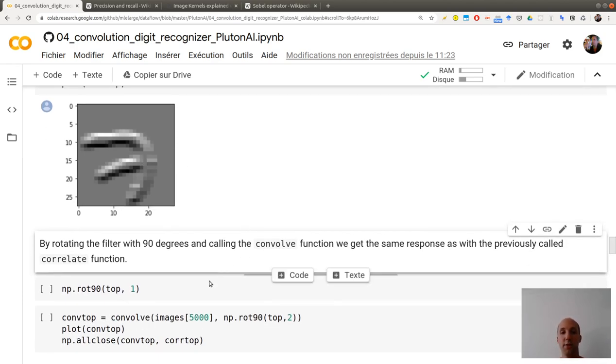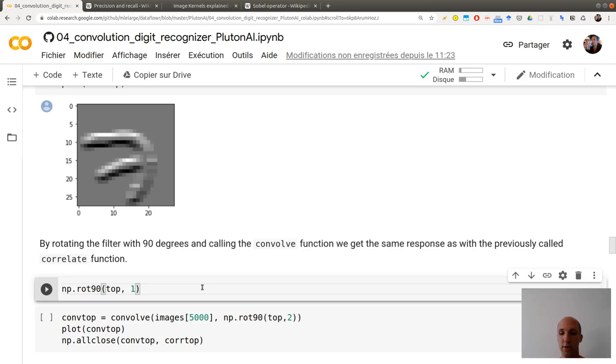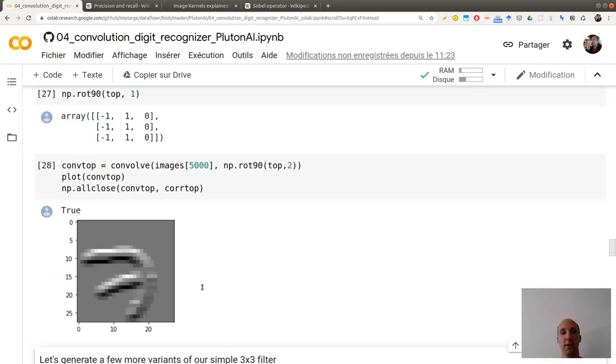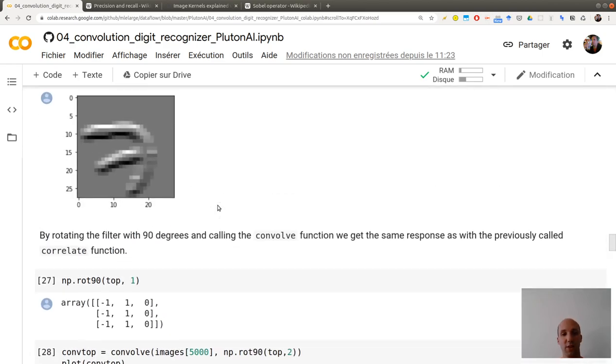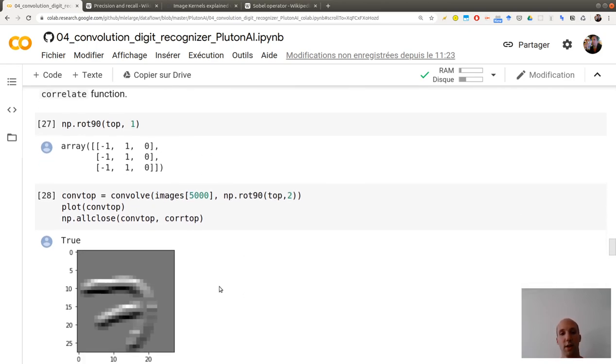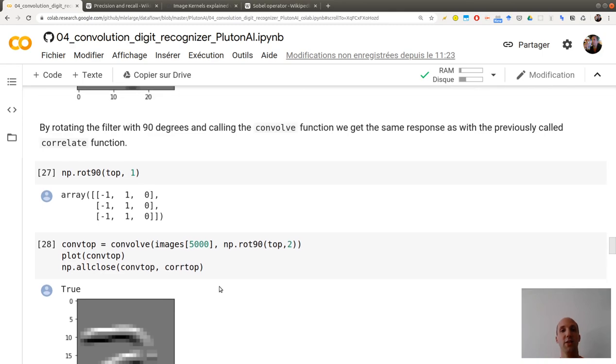Okay, so now that I understood how a filter is acting, what I will do is rotate this filter by 90 degrees to obtain this new filter.